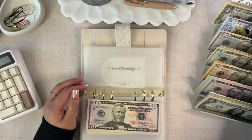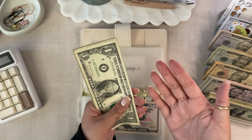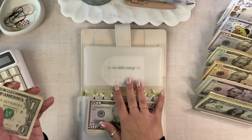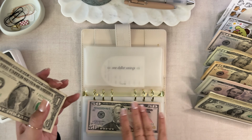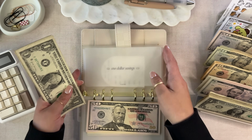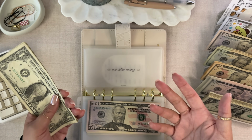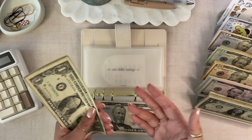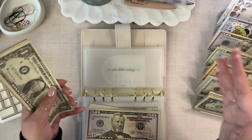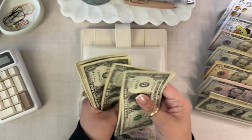But for my $1 savings, all of these ones that I've saved, whether it's from not finding any $1 bill alphabet note savings challenge or anything that's left over from my wallet, this goes into my $1 savings challenge. And this is just, again, anything from those two categories that I have saved, and I save every month and keep track of how much I'm saving per month to see how much I can save by the end of the year. Last year, I ended up saving quite a lot more than I was expecting, so I'm hoping to supersede that goal this year. So total this week that we have saved from my $1 is 1, 2, 3, 4, 5,